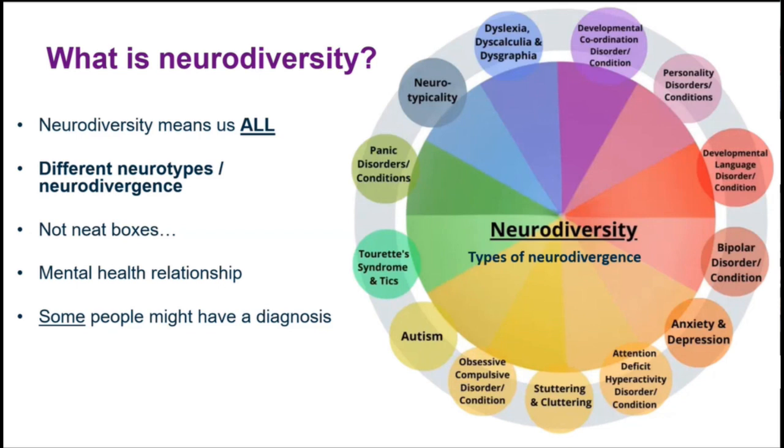Neurodiversity refers to all of that diversity. It includes individuals who might be termed neurotypical or the neuronormative of society. This is where we might expect more commonality in the way that information is processed and used. It might be more like what we term the norm of functioning. We might be thinking about individuals with a wide range of different neurotypes or forms of neurodivergence.